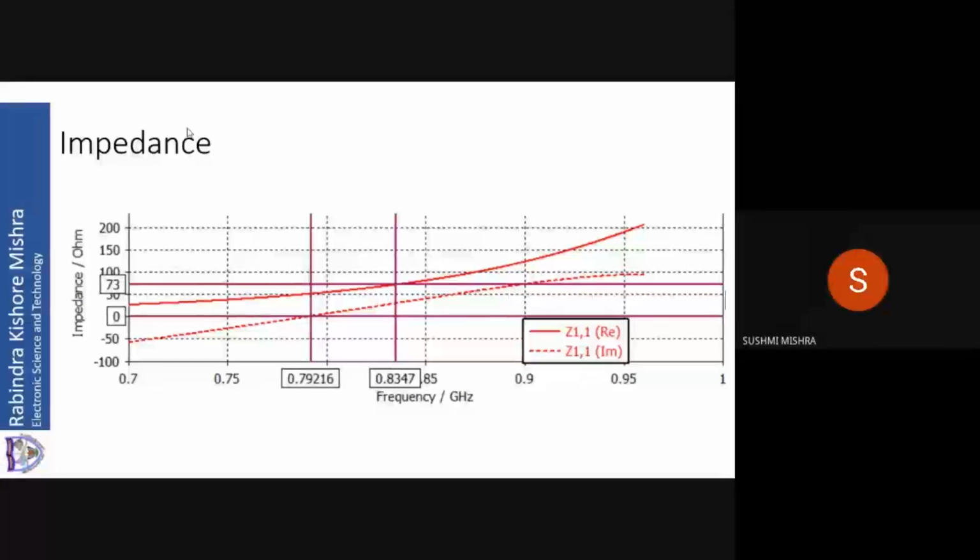So always design it as the length of the antenna, or length of the conductor, plus the diameter of the conductor, which should be approximately equal to 0.47 lambda or 0.48 lambda. This is the thumb rule or design rule that you should use when you are designing a half wave dipole antenna. I think I am clear up to this.